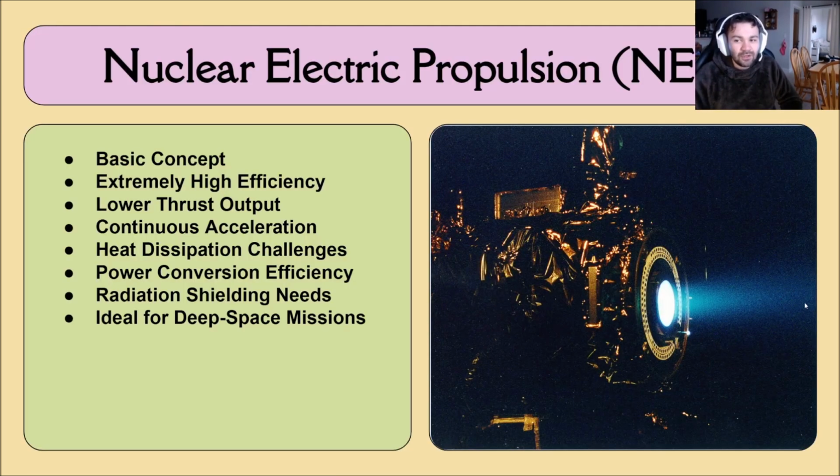So nuclear electric propulsion, NEP. The basic concept of it is that it is ion propulsion, right? It shoots ion particles out the thrusters. So they use electricity to create ion charges and shoot ion particles out, right? They're extremely efficient. They're way more efficient than even